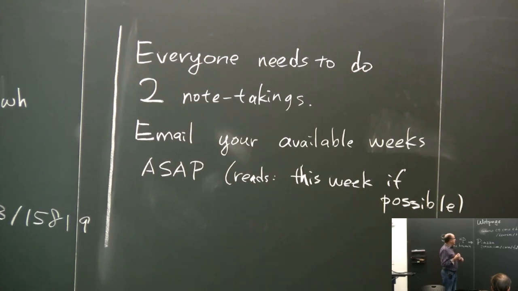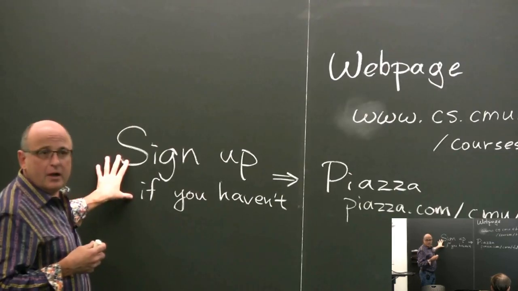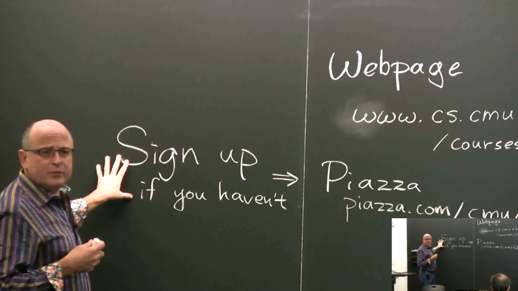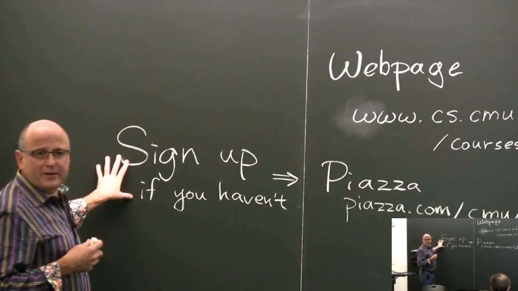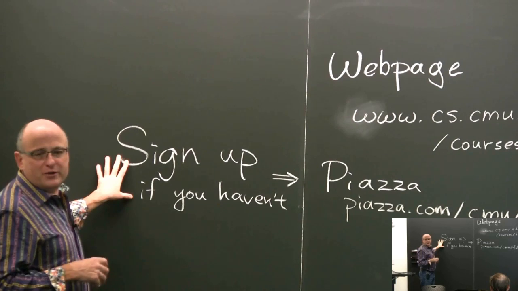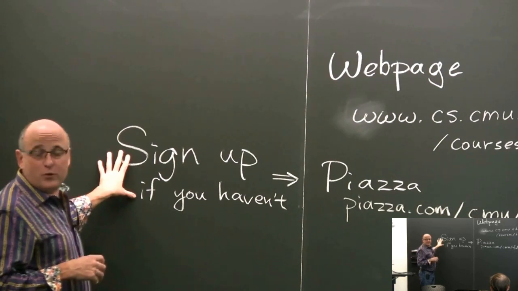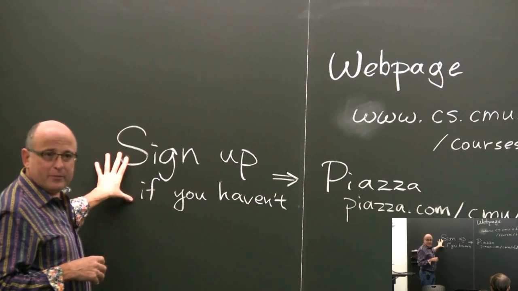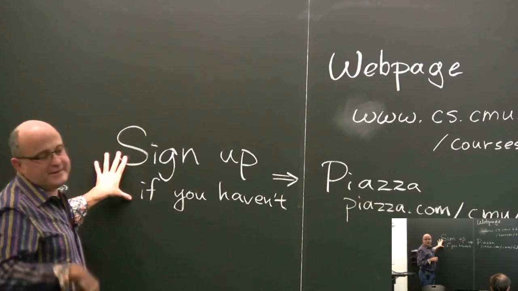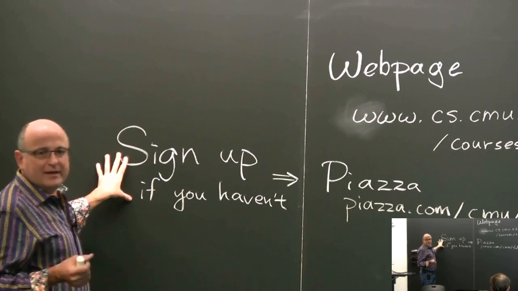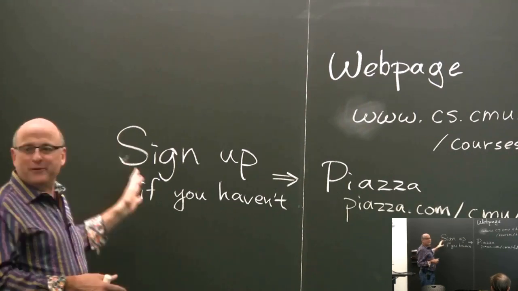Okay, so that's all the admin stuff. Right, maybe you don't know this. The way we're doing it is you self-register for the Piazza. I think we pre-registered everyone who was on the university database as having signed up for the course. We sent you all an email, I'm pretty sure, because we made a list and did that. But that's, I think, only a fraction of you. That's not everyone. And I have no other way of knowing who you are.